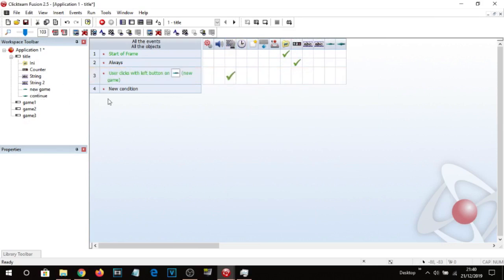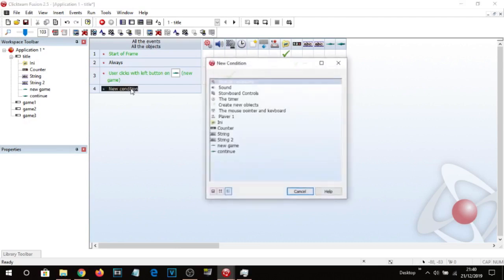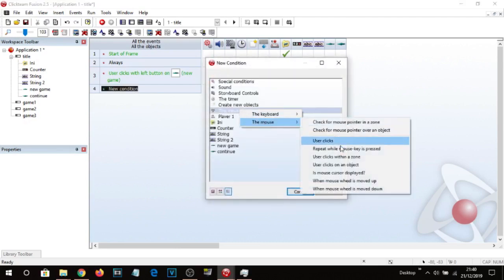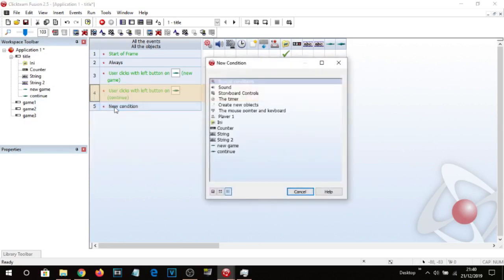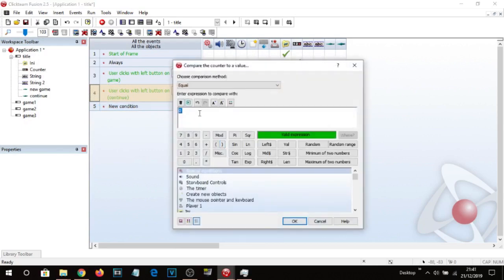And when it comes to the continue button, so mouse pointer, user clicks on an object, continue, we are going to add in a new condition,